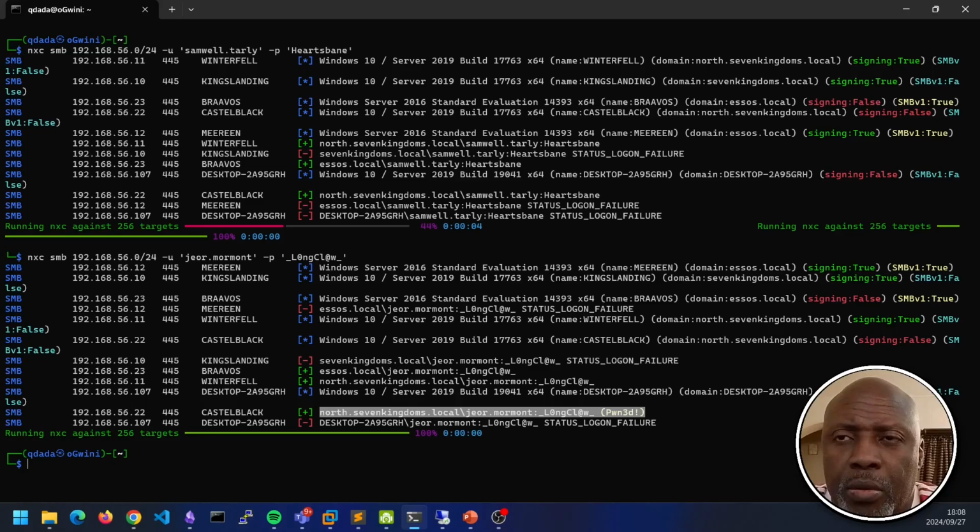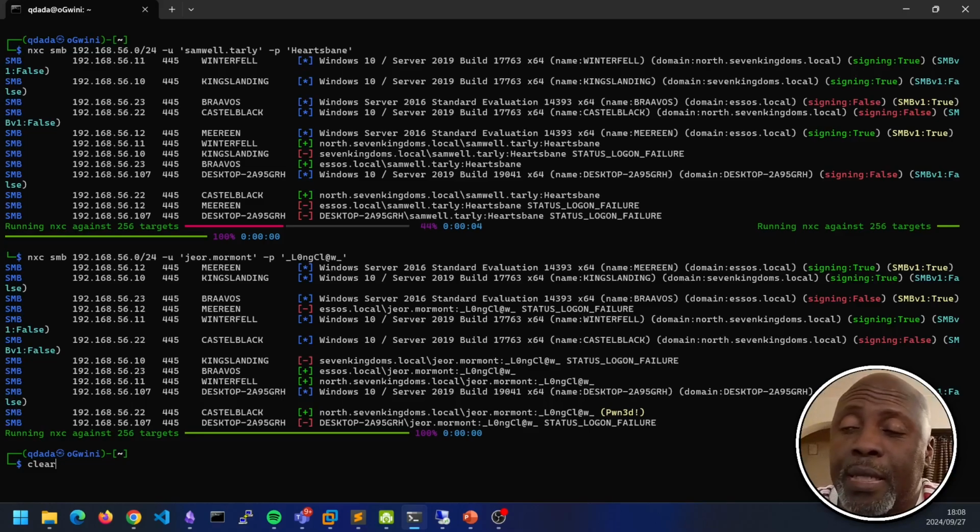That's not all you can use the tool for. I've just showed you how to use the tool to test it against all the hosts to see where those creds are valid. And we've just discovered that we can use NXC to discover the hosts on which those creds give you admin access.